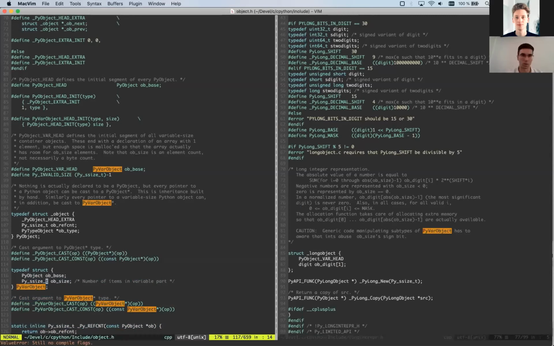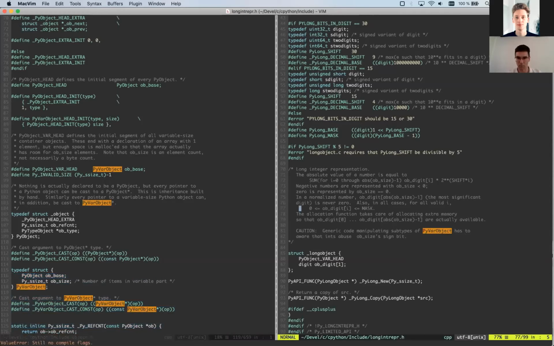Anyway, back to the code. So this portion. As you can see, the first element is PyObject. So the head of any object is the same as PyObject. So a long object has, oh, sorry about that.